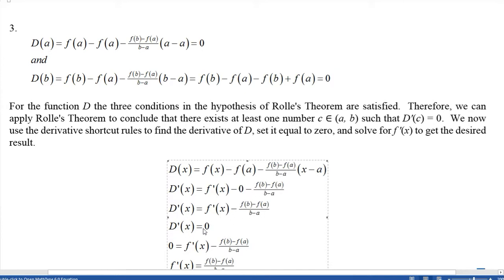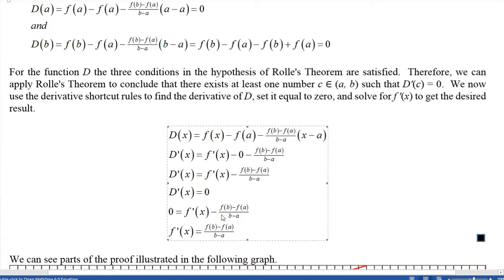Then we set d prime of x equal to 0, so we put 0 here, and it equals this part right here. So we're down to this expression right here. So if we add the f of b minus f of a over b minus a to both sides, we get f prime of x by itself. And sure enough, that's exactly what we wanted to prove, that the slope of the tangent line f prime of x, I'm sorry, I should say,